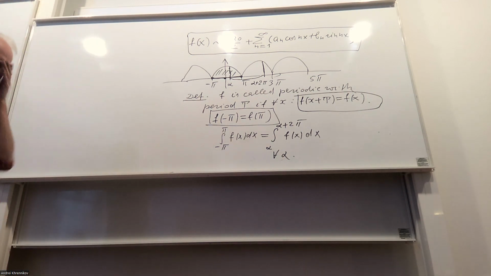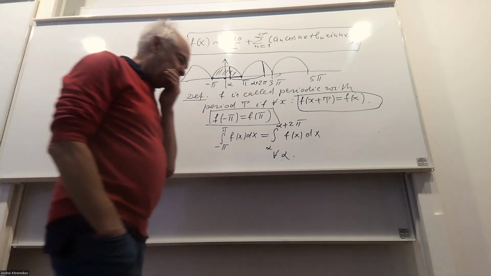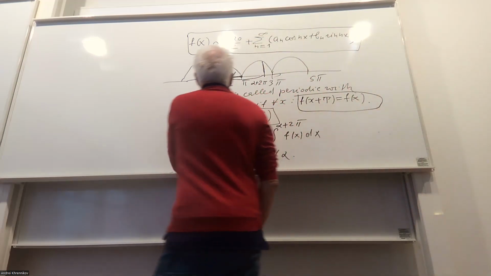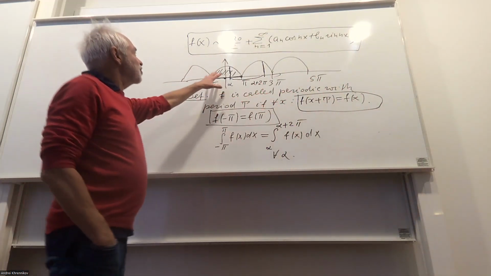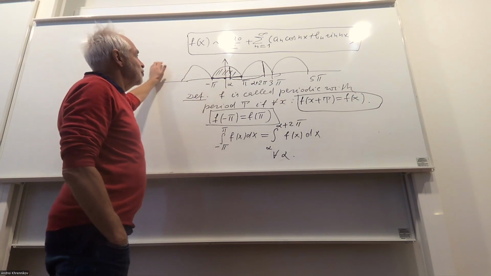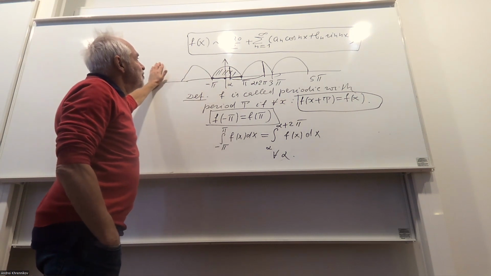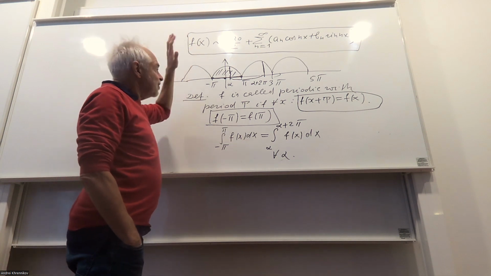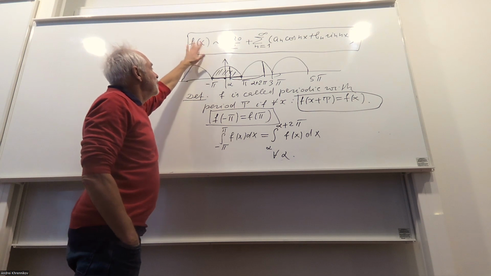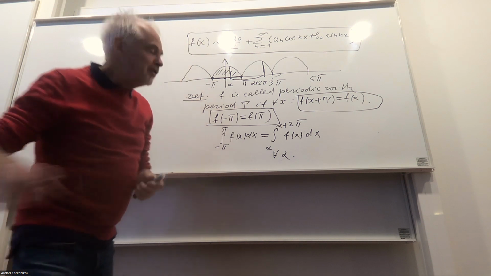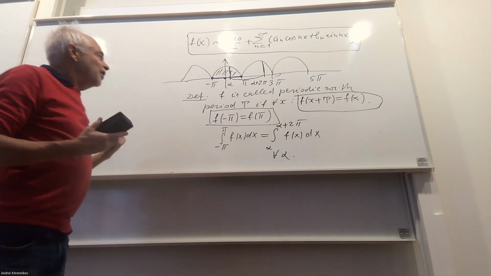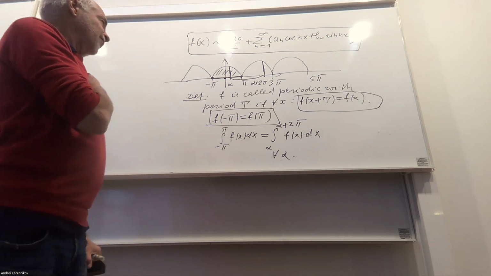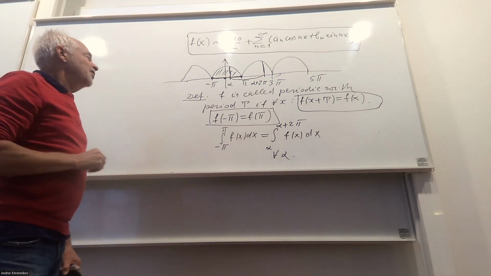Okay, so this is what we wanted about periodic functions. Of course, if the function is continuous, we expect that if we get a good theorem, this series would converge to this function. But very often signals are not continuous, and the typical impulse, the pulse, which physicists send by radio